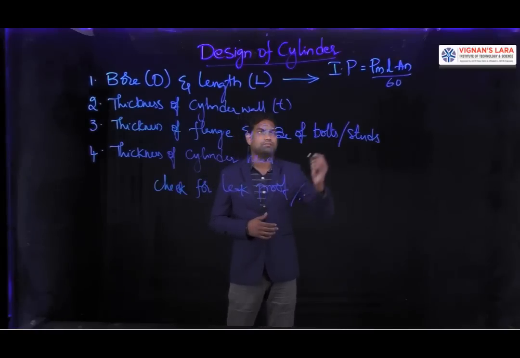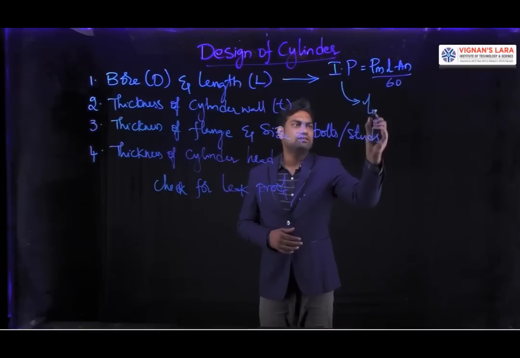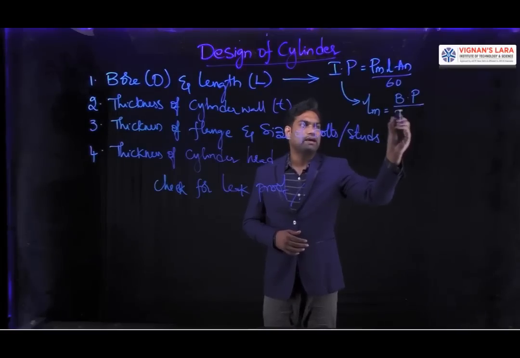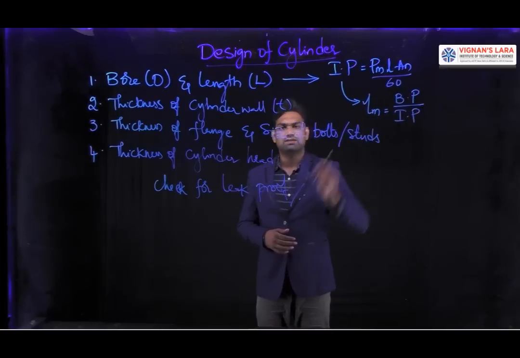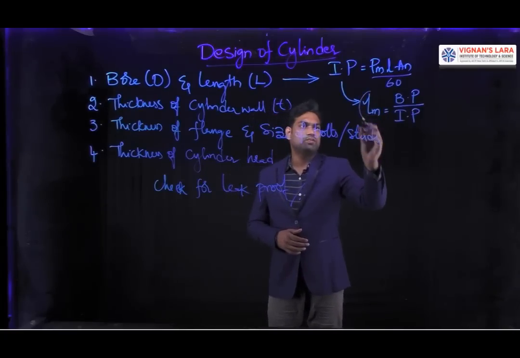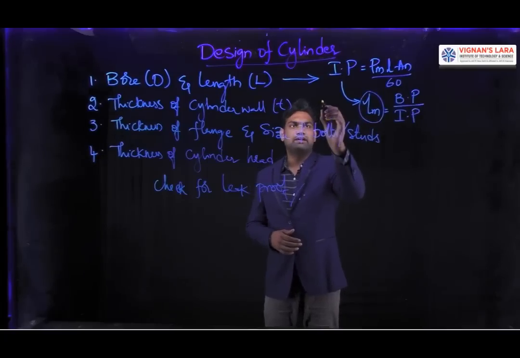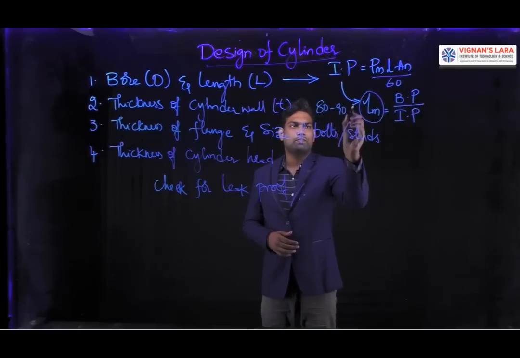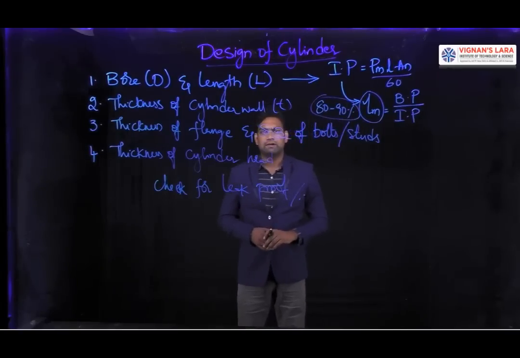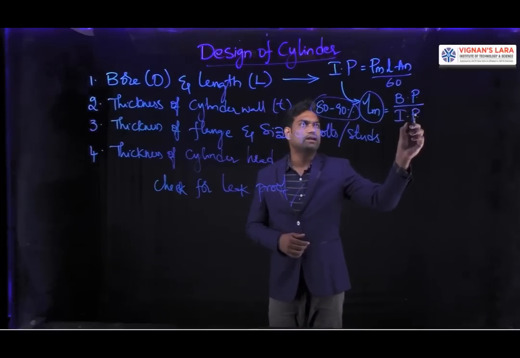In which the indicated power is to be calculated from mechanical efficiency. That is, mechanical efficiency equals BP by IP. If it is given in the problem, fine; otherwise the mechanical efficiency can be taken as 80 to 90%. So you can assume the mechanical efficiency as 80 to 90%. Using that, since the brake power is known, we can calculate the indicated power,